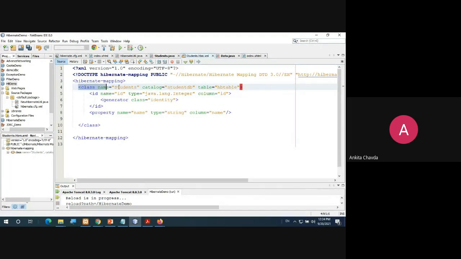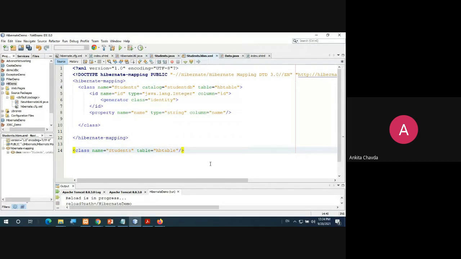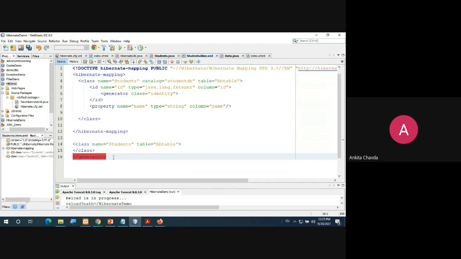I mean, what will be there by default? Should I show you? Okay, I'll create. Wait. But here I don't have the student class in this. That is why I was not showing you this. So what you will have if you are creating with me, you will get to know. This would be there by default, and it was like this. This is what you are having. So what you need to do, you need to remove this, and you will create this closing class tag, right?